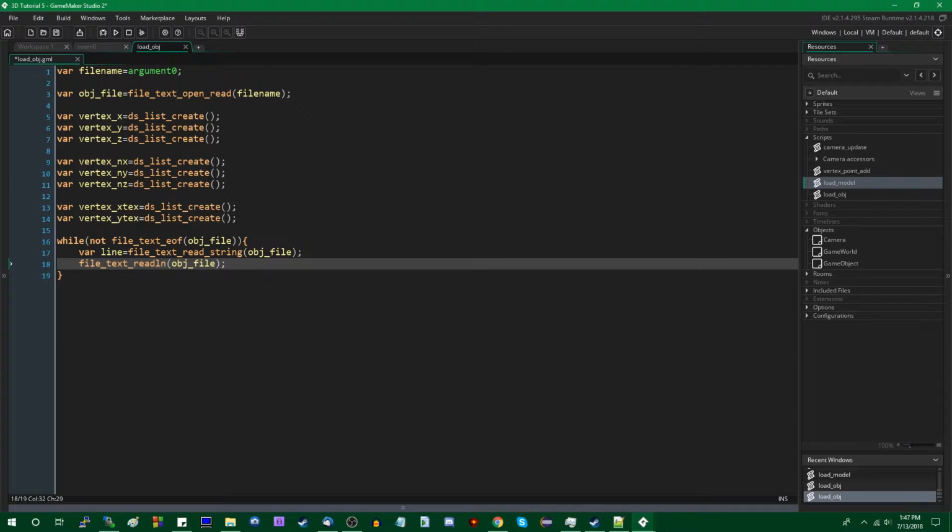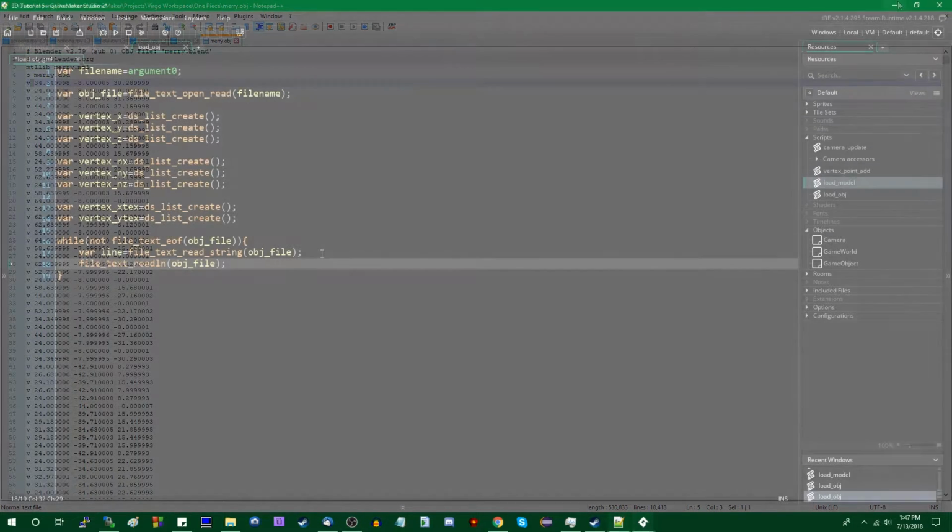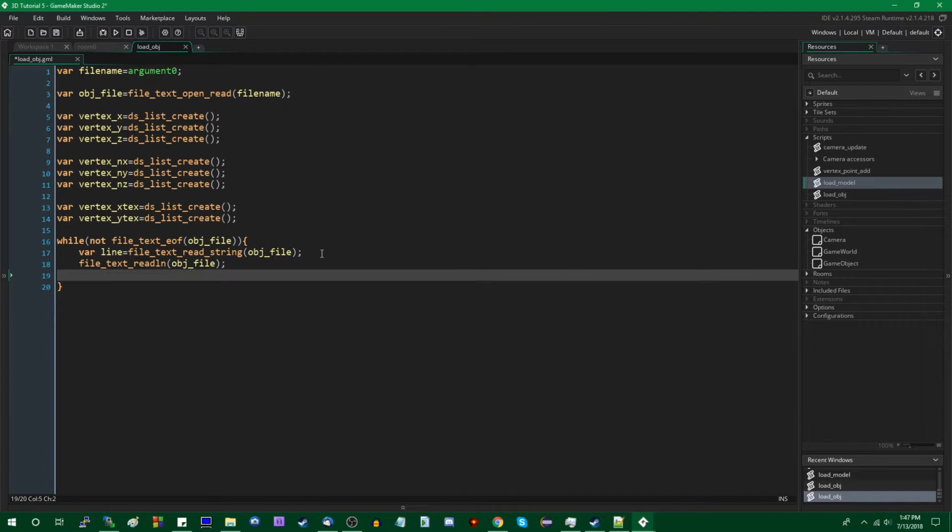And what we need to do now is look at the first character, or the first word really, not the first character. So between the beginning of the line and the first space in each line. Now if you were using another language, there would probably be a built-in way to split a string around the space character, but unfortunately, as of my recording this in July of 2018, GameMaker is not a language that supports a split method.